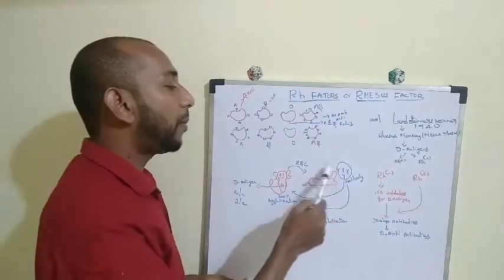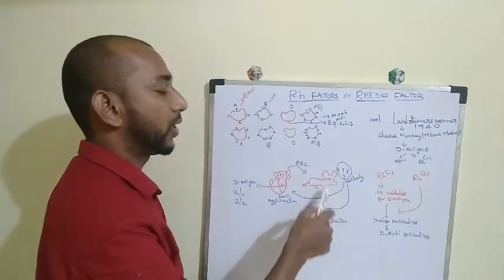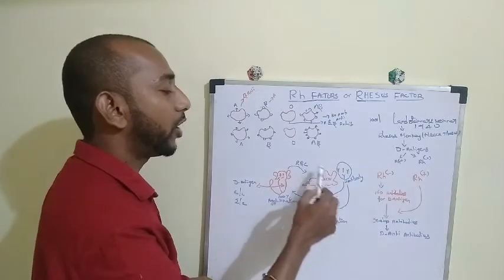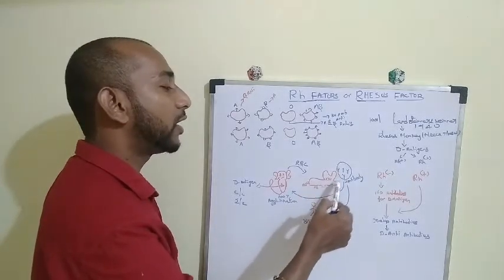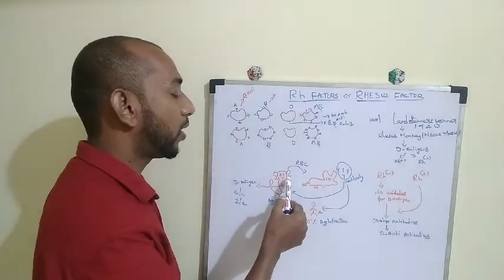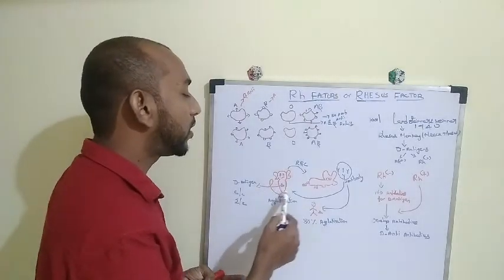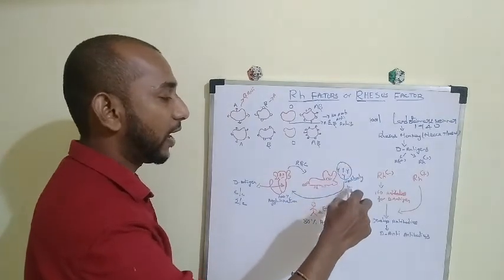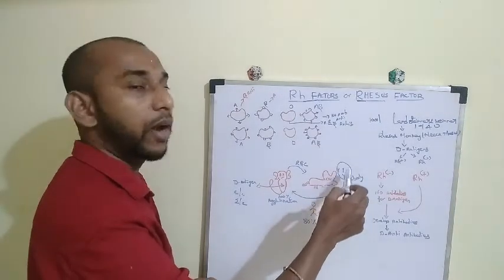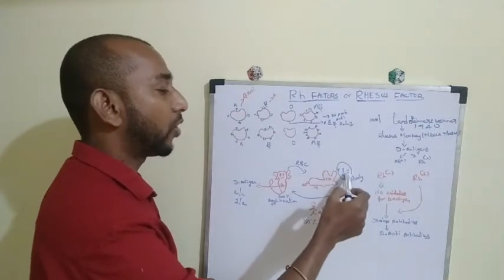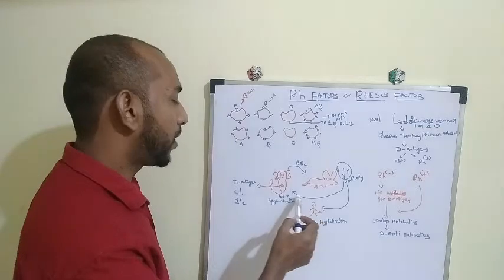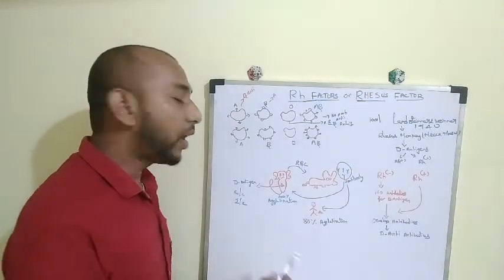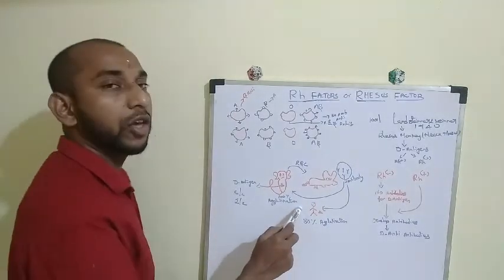What happened was that the rabbit started developing antibodies. As soon as we transfused the monkey's blood into the rabbit, the rabbit started developing antibodies because it doesn't recognize the antigen present in the monkey's red blood cell. Then they collected this antiserum. Antiserum is nothing but the plasma which contains the antibodies. They collected the antiserum and transfused it back into the monkey. The monkey showed 100% agglutination.